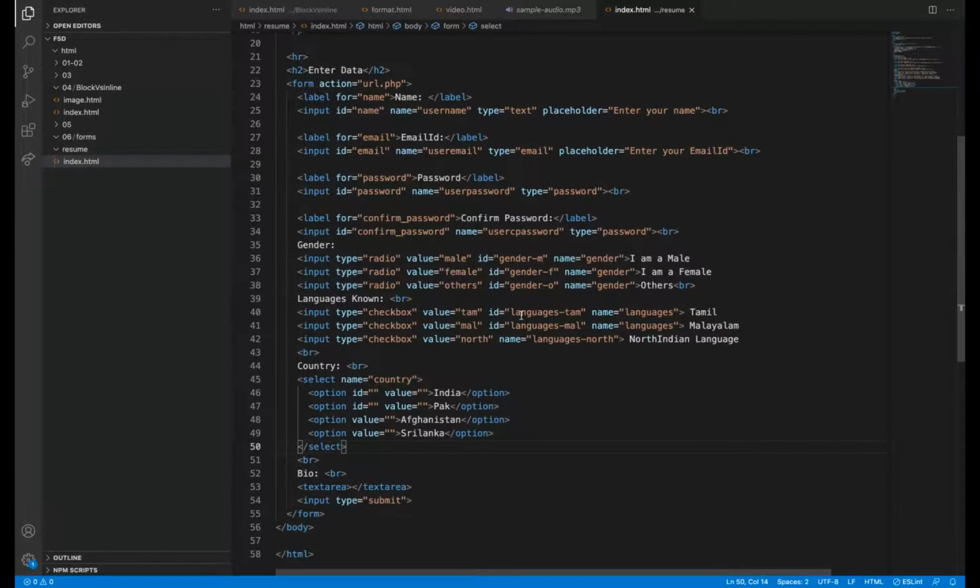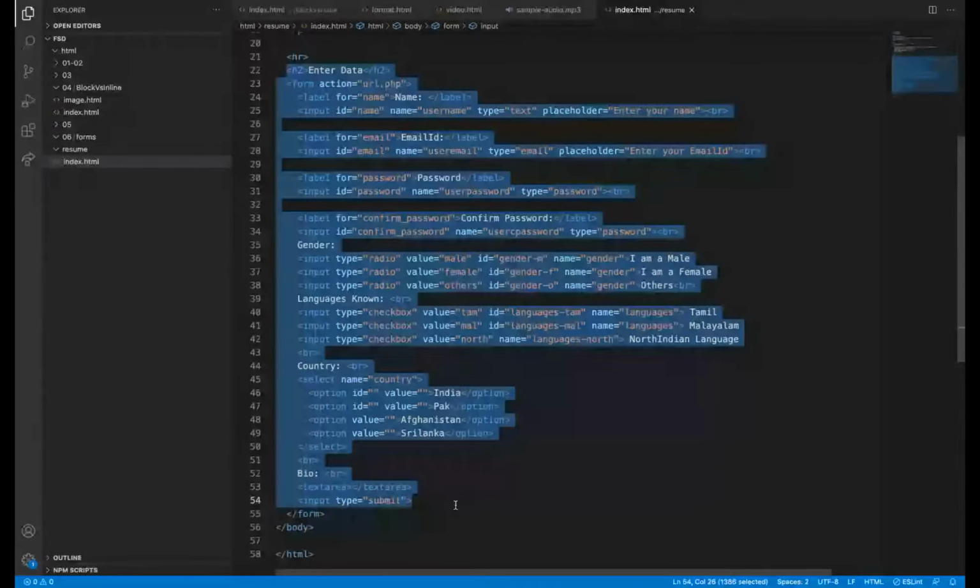In a form, mostly all the values we need to store in the backend to get back sometime. That's why we are getting it as a form. So for your question, all the tags should have the name attribute. Since I need to copy and it is time consuming, I have not written it. It should be given to everything, because after this class I will complete this code and send it to you guys. That time it will be clear.